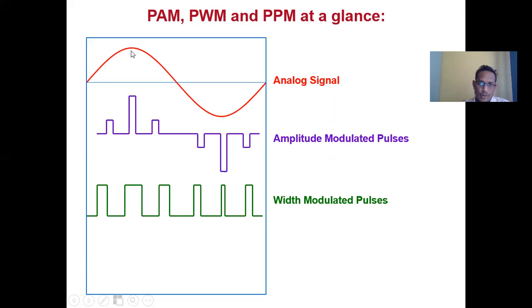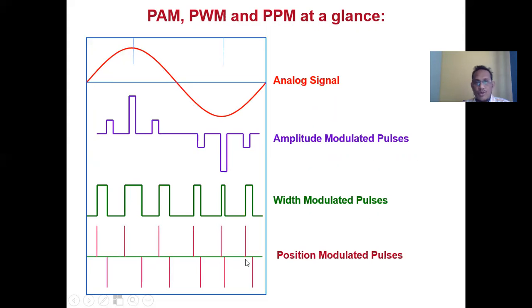As the amplitude of the modulating signal increases, the amplitude of the high-frequency carrier signal also increases. So this is called pulse amplitude modulation, and this is for your pulse width modulation. By using a single case, I can define at a glance pulse amplitude modulation, pulse width modulation, and pulse position modulation. Okay.